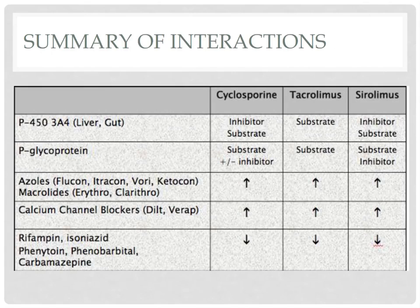There are just a couple of charts on your handout that talk about drug interactions, which you can take a look at. Most of what you have to think about with drug interactions is inhibitors. So any fluconazole, any sort of fungal azole, or macrolide like clarithromycin or erythromycin will increase all these levels for the immunosuppression. And then any drug like rifampin,